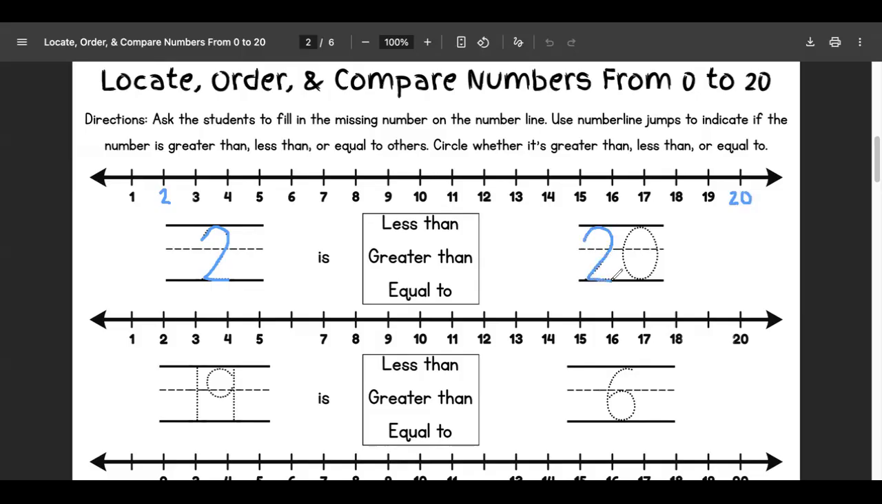So now we have to determine, is 2 greater than 20? Is it less than 20? Or is it equal to 20? And how do we know? So let's take a look at the number line itself. How do we read the number line? Well, the numbers that are towards the left-hand side are actually lesser in value than the numbers that are towards the right-hand side. So if I were to go from 20 all the way back